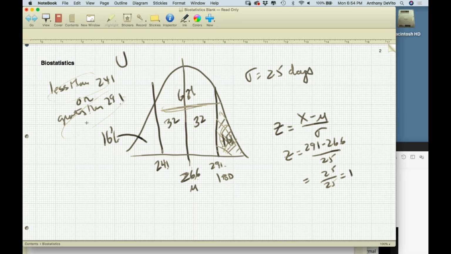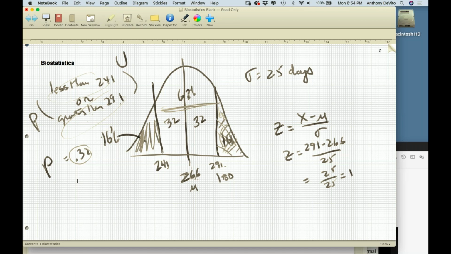So the probability of being less than 241 or greater than 291 is going to be 16% chance we're going to be less than 241 and 16% chance we're going to be greater than 291. So the probability of that outcome is going to be equal to 0.32, 16 and 16. Right? It's going to be 32%. Okay, so all I'm doing here is